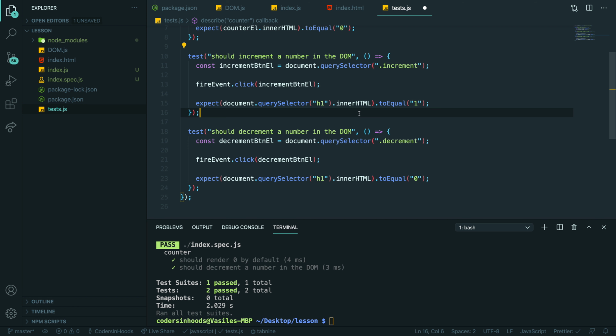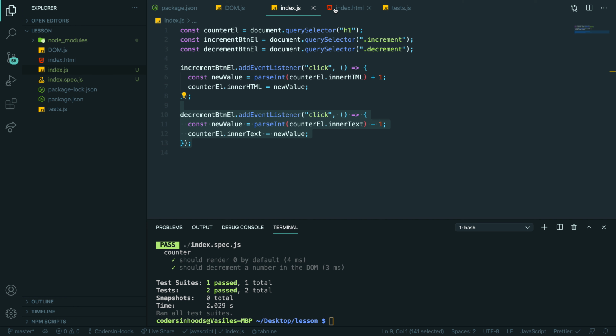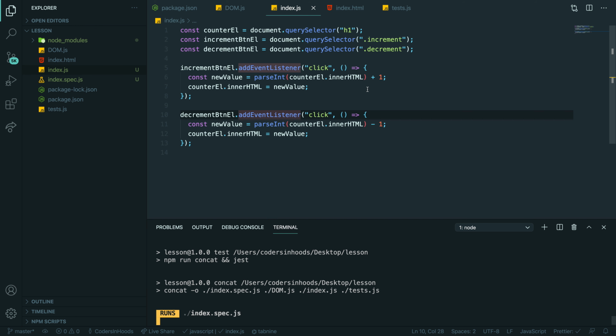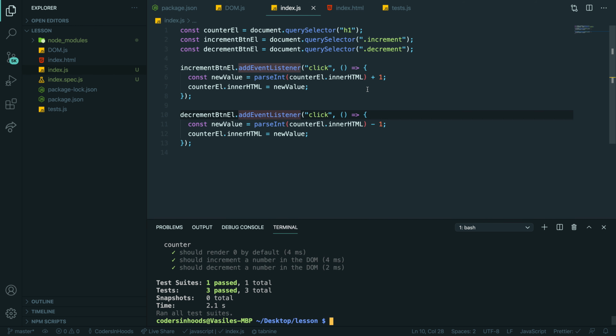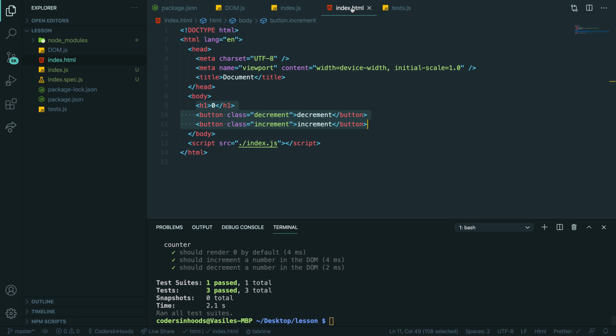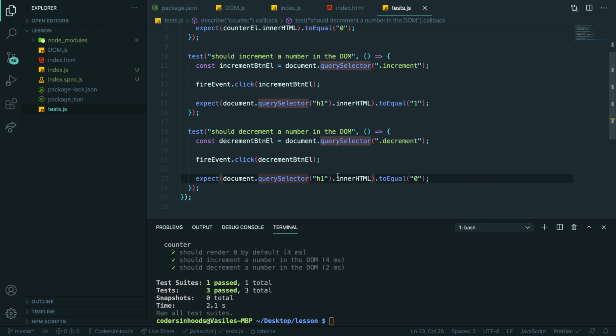Okay. So it's not actually modifying. We increment, it is working, but when we try to decrement, it doesn't. Same thing, right? Inner text, inner HTML. Let's try. Yeah, so it is working. And again, we just don't really care what's going on here. We care about the output on the view, and you're testing the view change. Does it make sense?